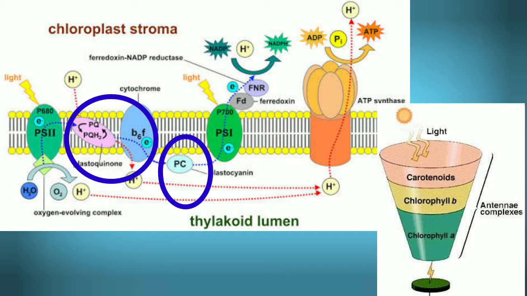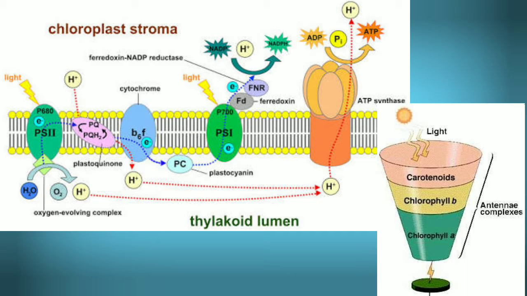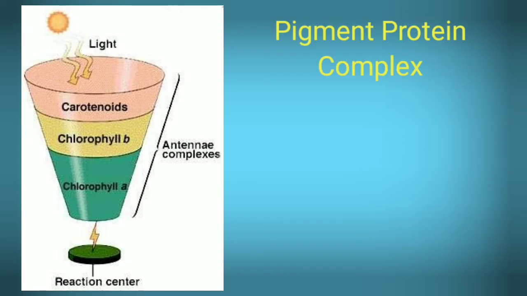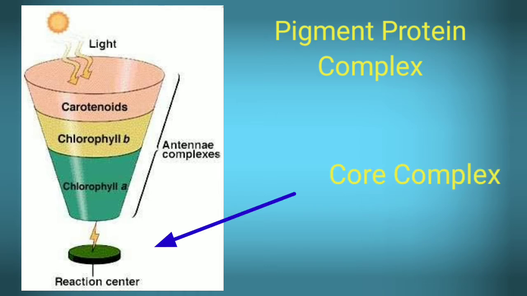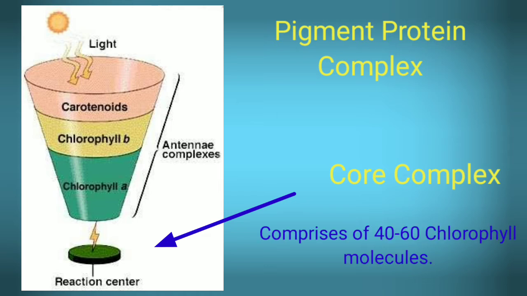And in the plant kingdom, there occur two photosystems. One is PS1, which is photosystem 1, and the other is PS2, which is photosystem 2. Each photosystem has this pigment-protein complex composed of chlorophyll A, chlorophyll B, carotenoids, and other components. And each pigment-protein complex consists of a core complex, the main part, having a reaction center of about 40 to 60 chlorophyll molecules, and an antenna